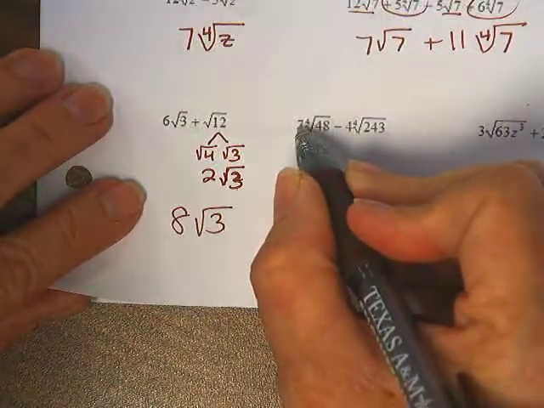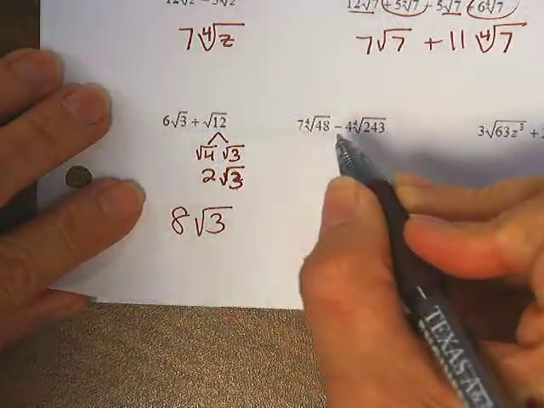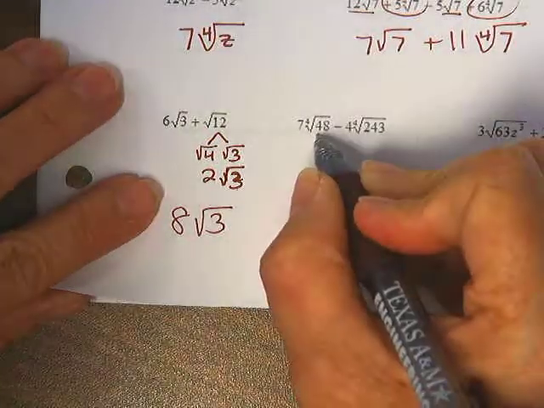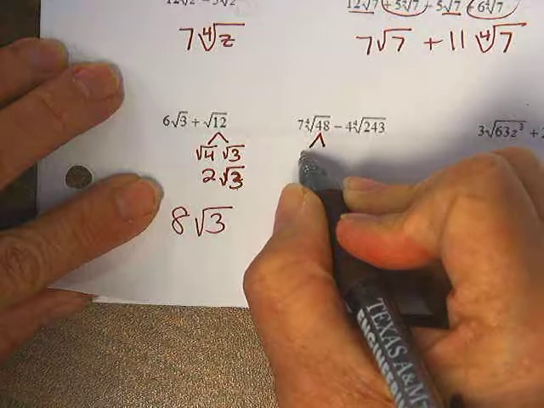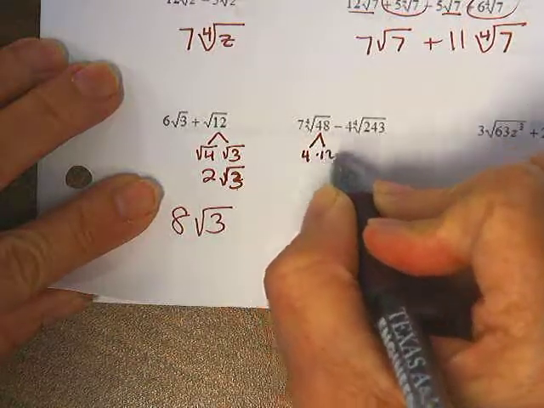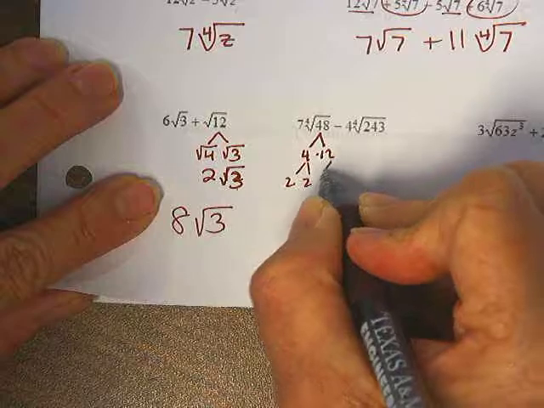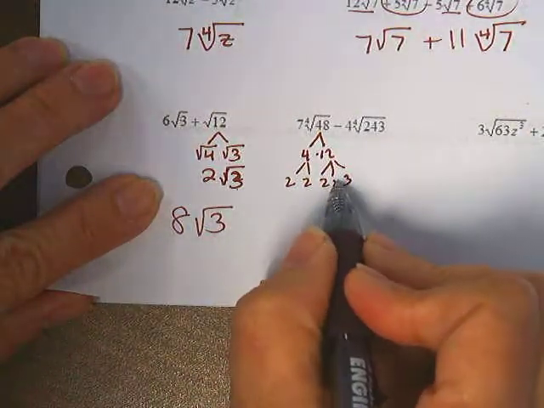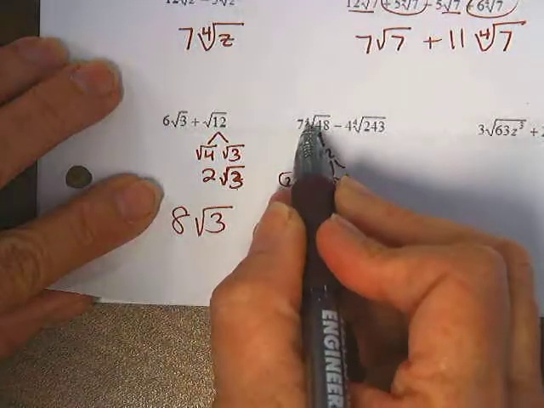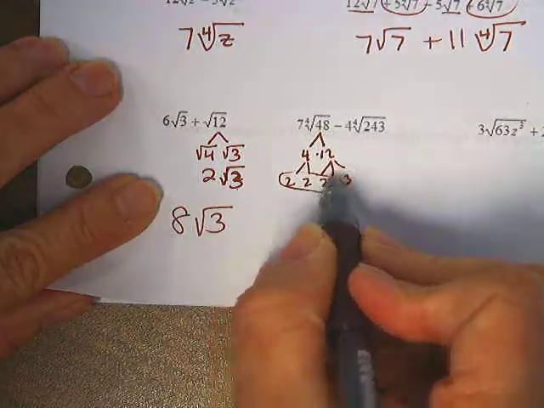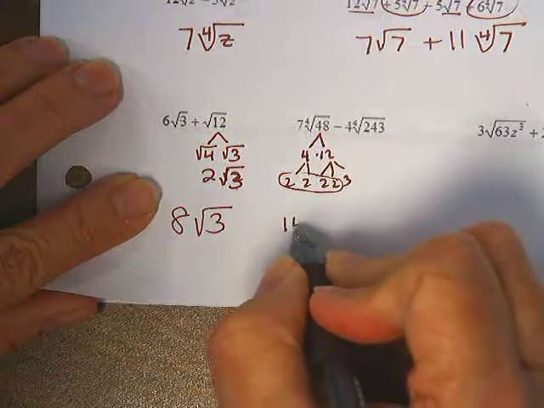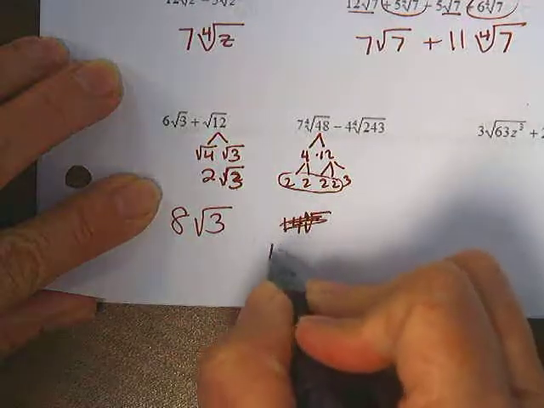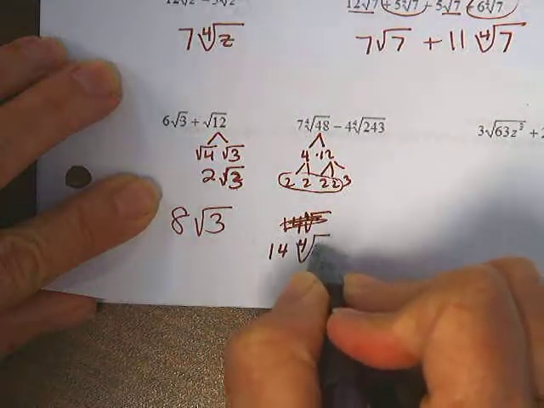Let's take a look here. 7 to the 4th root of 48. Oh my goodness. The 4th root of 48. What does 48 break into? Let's see, 4 times 12. So that's 2 times 2 times 2 times 2 times 3. So I've got 4 of these, and that's how many I have to take out since it's the 4th root. This comes out as 2. 2 times 7 is 14 to the 4th root. Oops, you can't read that. So 14 4th root of 3